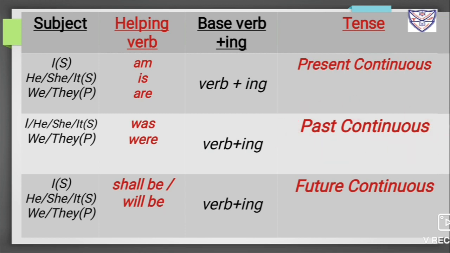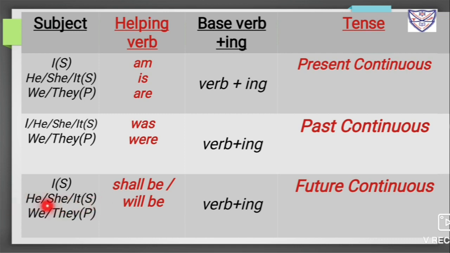Then we have the same pronouns. They are I, he, she, it, we and they. Now when we use I as a subject, with it we will use shall be as a helping verb. Now the subject I and the helping verb shall be, these both are used only when they are in the singular form, or we can say they stand for the singular number.